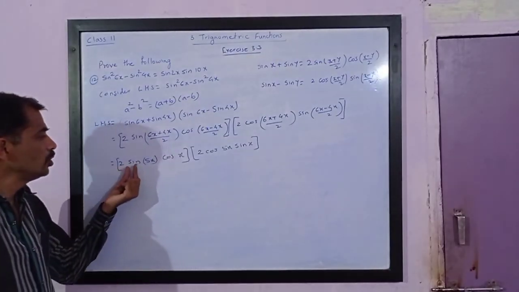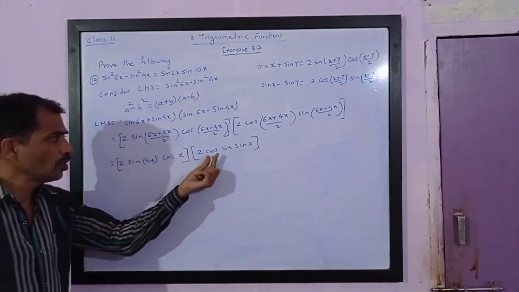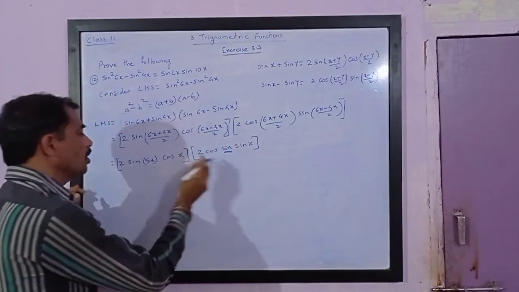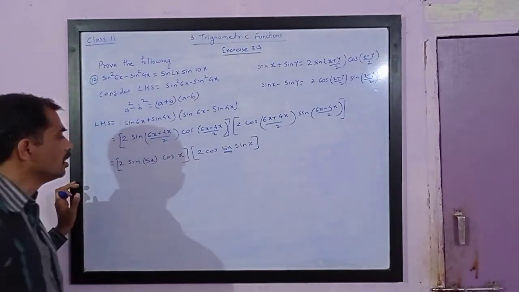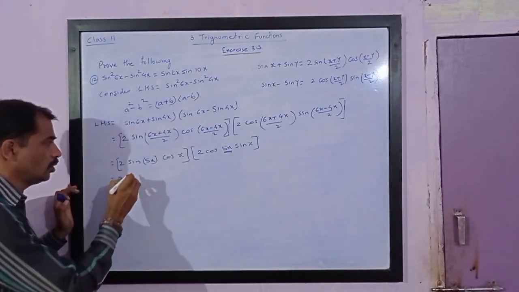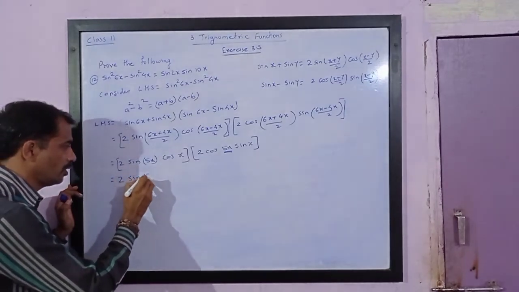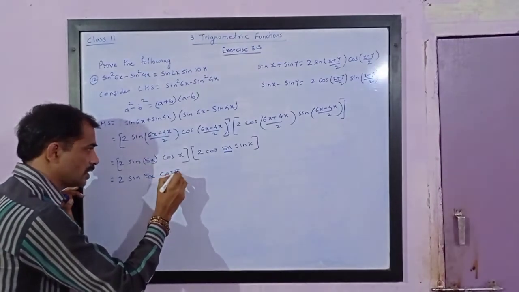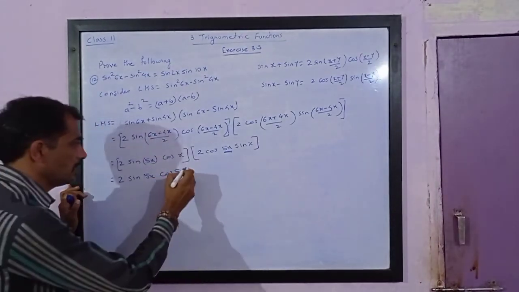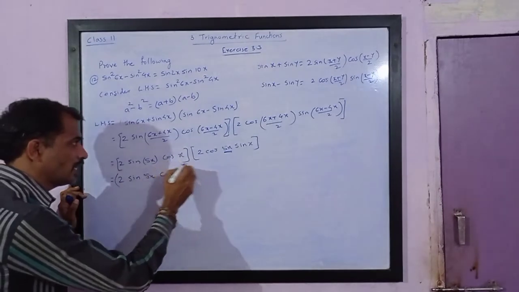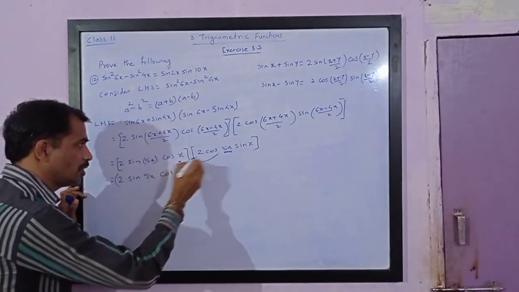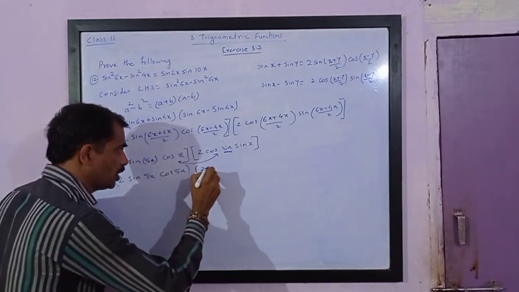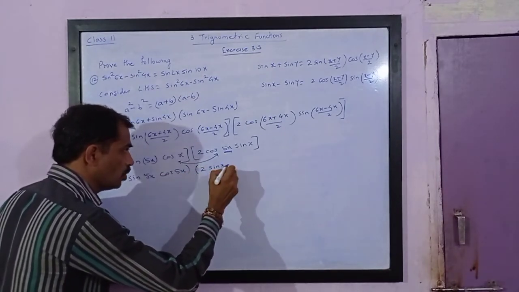Thus we have got 2 into sine of 5x cos x, 2 into cos of 5x into sin x. Please note here the angle is 5x. Now I am just rearranging the terms. So this is equal to 2 times sine of 5x, cos of 5x, and cos x is shifted this side. I am interchanging the position of cos 5x and cos x, so in the second bracket I will get 2 sin x into cos x.